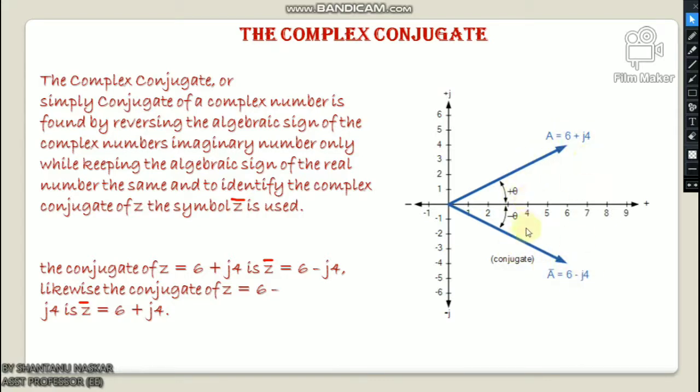Likewise, the mirror image. So the sum of a complex number and its complex conjugate will always be a real number, as we have seen here. Then the addition of a complex number and its conjugate gives the result as a real number or active component only, while their subtraction gives an imaginary number or reactive component only. The conjugate of a complex number is an important element used in electrical engineering to determine the apparent power of an AC circuit using rectangular form.